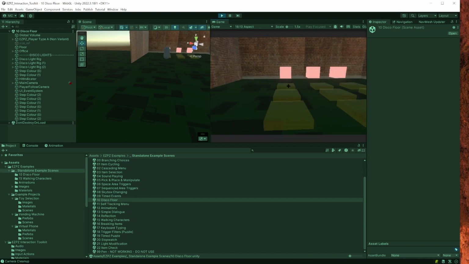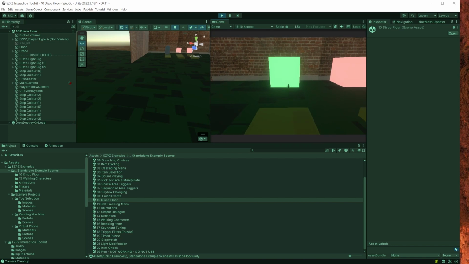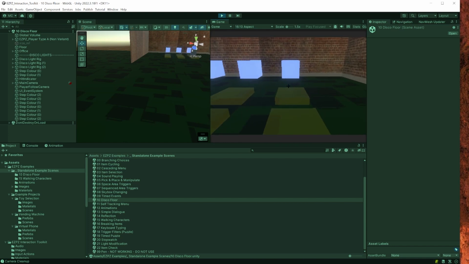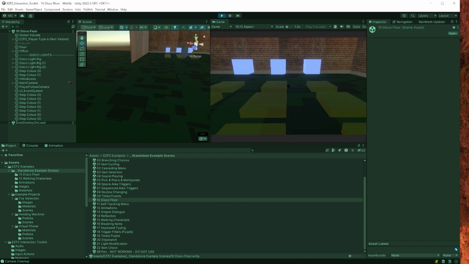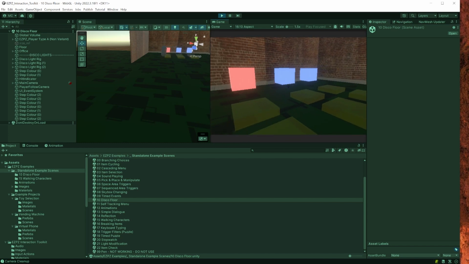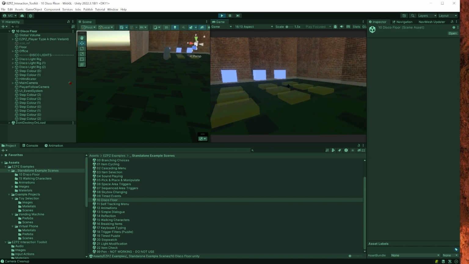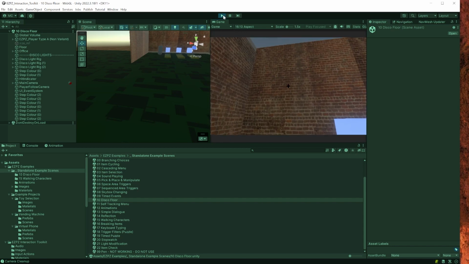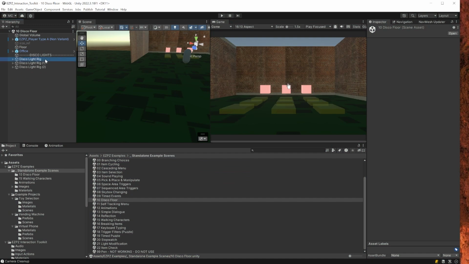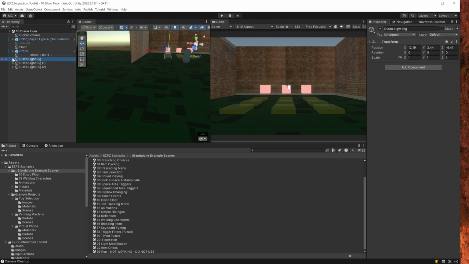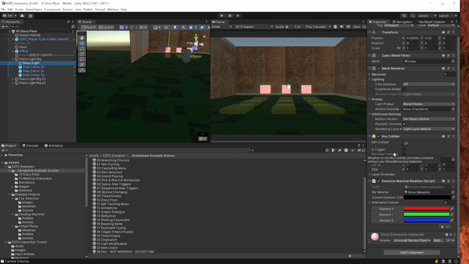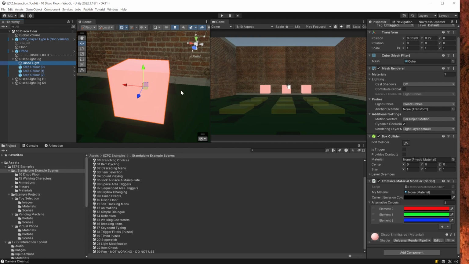The idea here is when you walk to certain places on the floor, these boxes change color. They're manipulating the emissive component of the material, so that's why it looks like it's shining bright. If you don't know what that is, the emissive component of the material is what's supposed to be showing up as light. So if we have a look at the inspector for one of these objects over here,